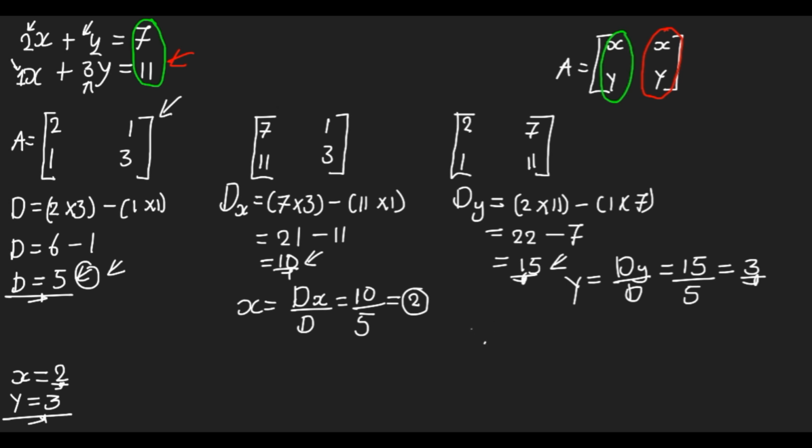Let's have another example. Okay, so now this time we have two equations: 5x plus 7y is equal to 44. Then x plus 3y is equal to 12. Now feel free to pause the video and give it a try. Now let's begin. Let's first find the matrix. So we can just say matrix A is equal to,